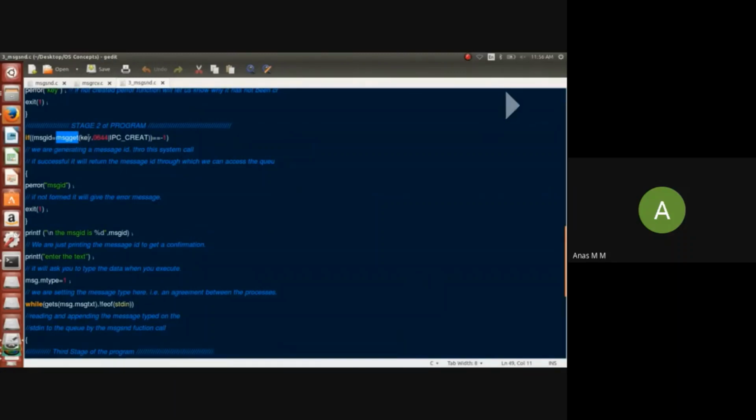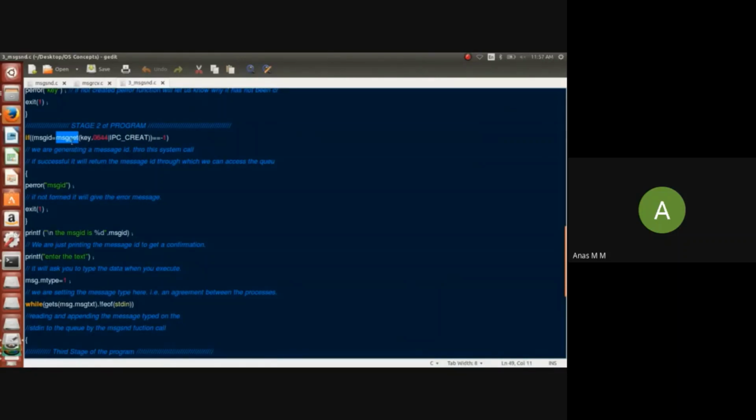Here we need to understand one thing. The key is generated first, and then the generated key will be used at the next level. The message ID is generated next, and the generated message ID will be used further. This is the command for creating a message ID for interprocess communication, and the key is what we already generated using the ftok function. Likewise, we will keep using the previous level's output as the current level's input. If you miss one of the levels in between, it is going to be taxing for us, so we cannot use it.